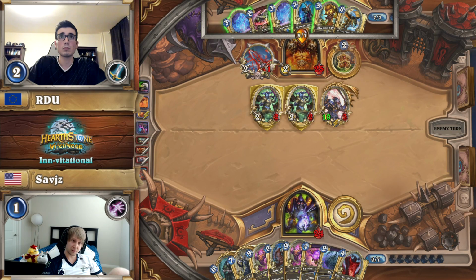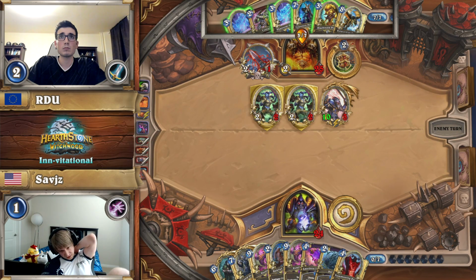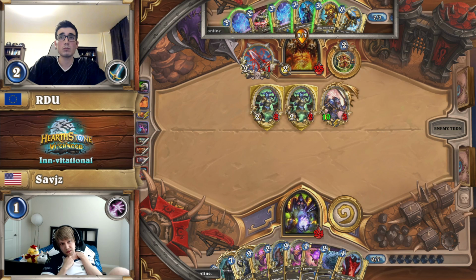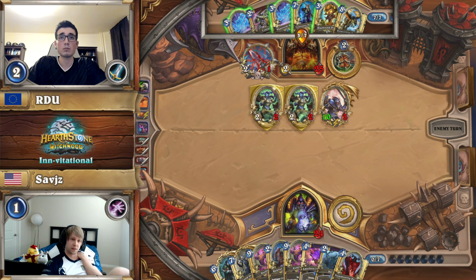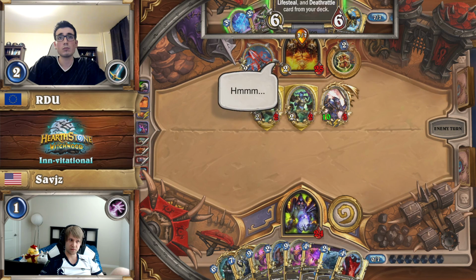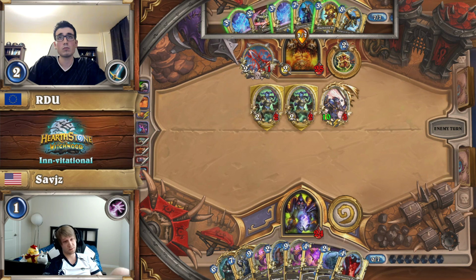Lucky for Savjz here, the Lord Godfrey can come down next turn and answer the board state. And I believe it will answer just about anything RDU can respond with. If RDU responds with the Countess, it will clear the entire board because the Corrupted Sentries will die first, well, Darius will die, and then...